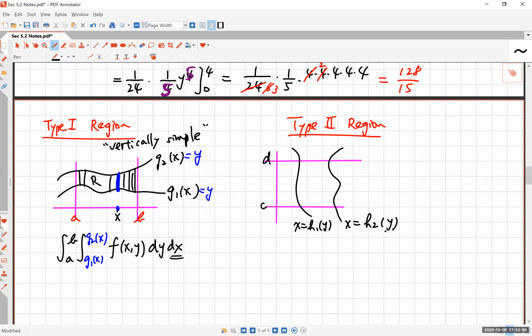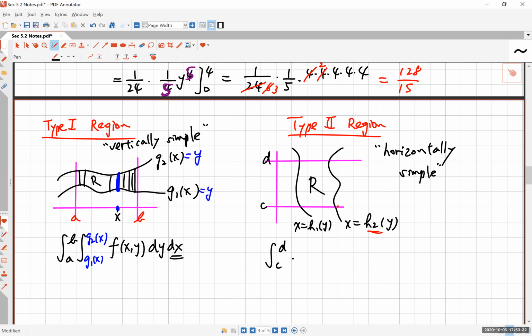Now you can see clearly the difference. Here, I can't talk about a vertical line. If x is over here, x crosses this h2 several times, and so I can't really define this as a vertically simple region. This is what we call a horizontally simple region. And what that means is you take the integral, and you notice here